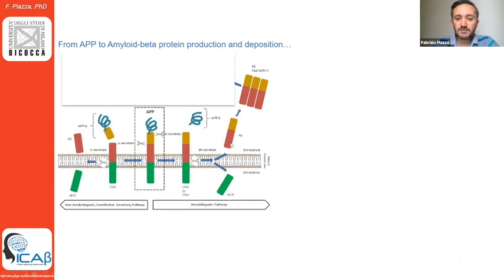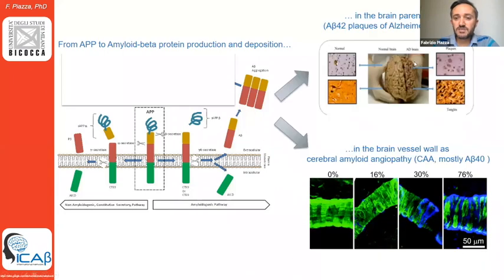It generates this monomer, called beta amyloid, which is very insoluble, sticky, and tends to aggregate very rapidly and form